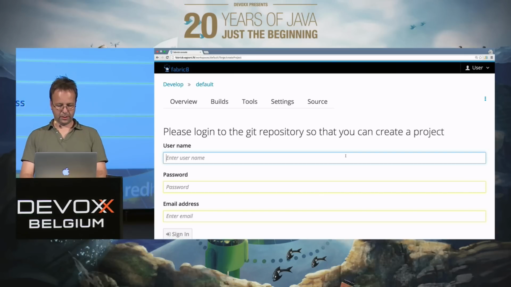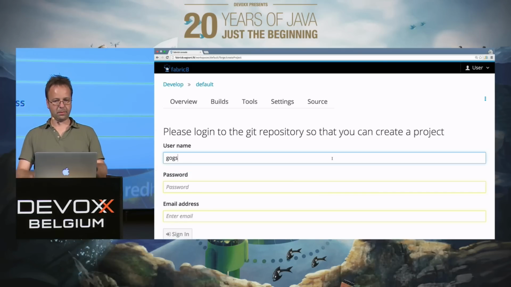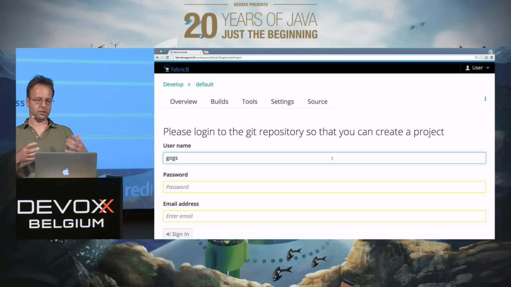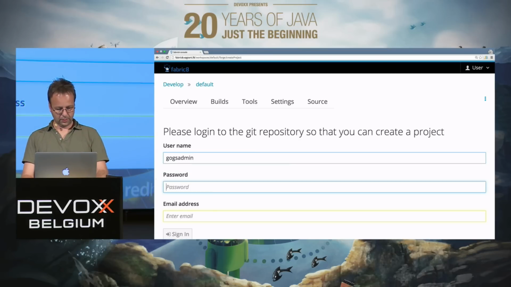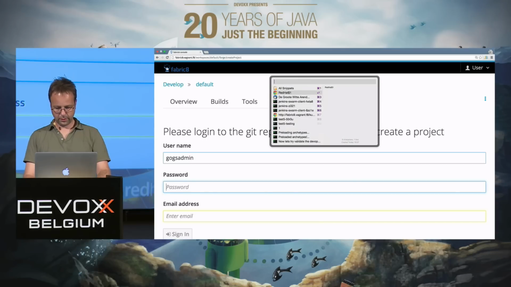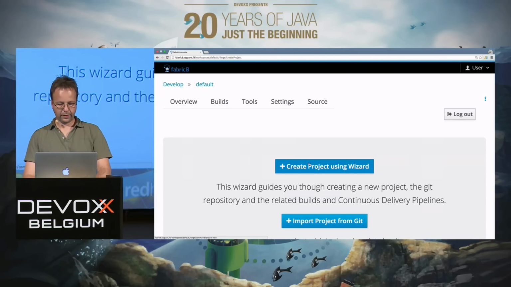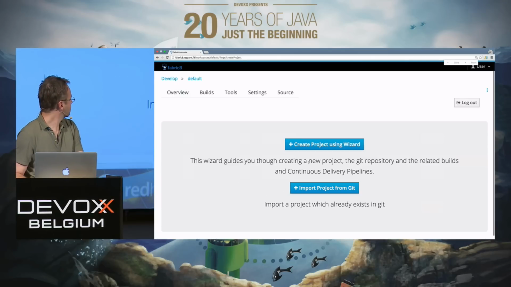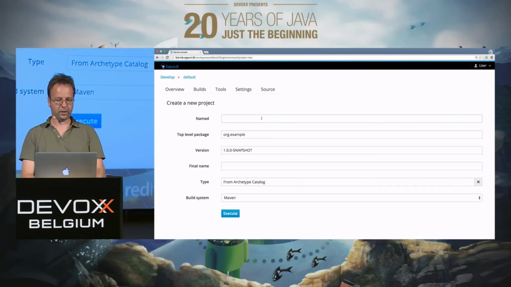We go here into this, so we have to connect. What I've already done before is to set up this continuous delivery pipeline application. That works, so I use that one. Then I have the password, Devoxx, let's take that. Okay, and then sign in. Then you have several possibilities for how you can create this project. We are doing it via the wizard, and let's call it Camel in that case.